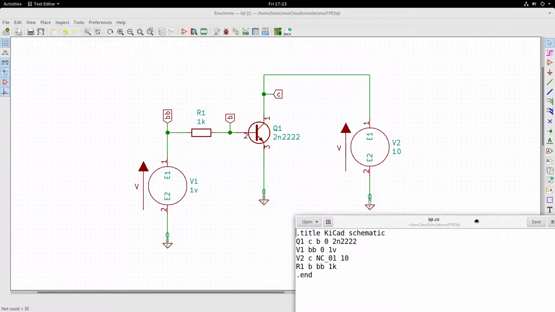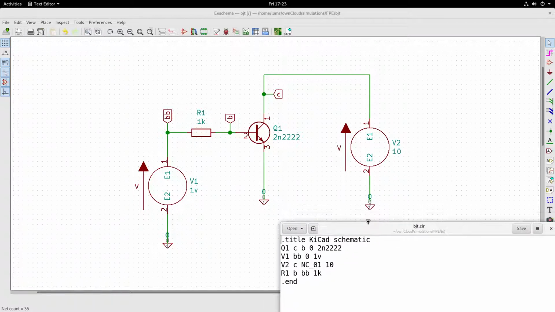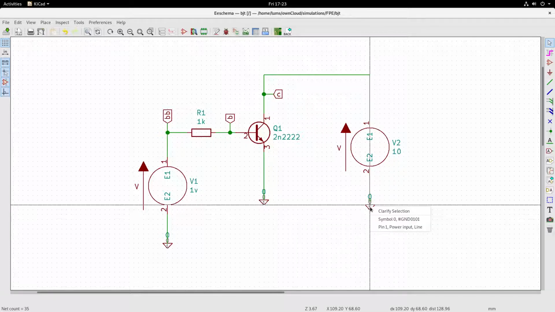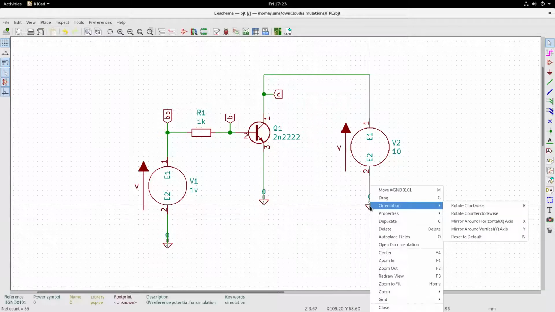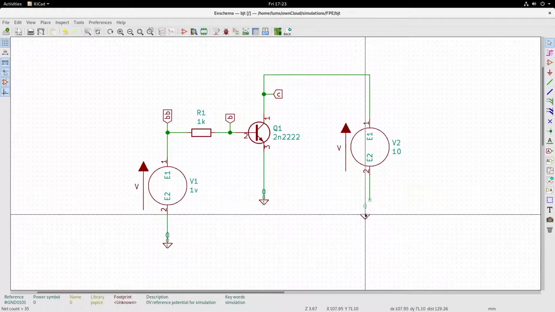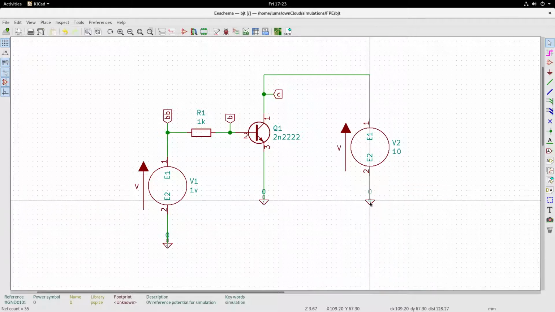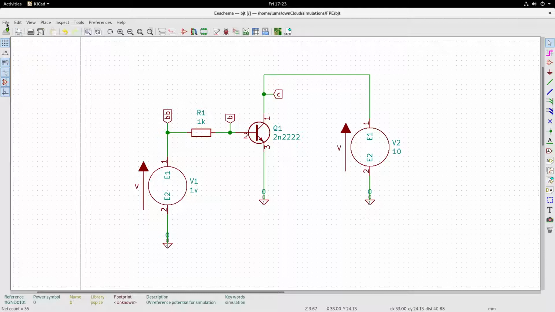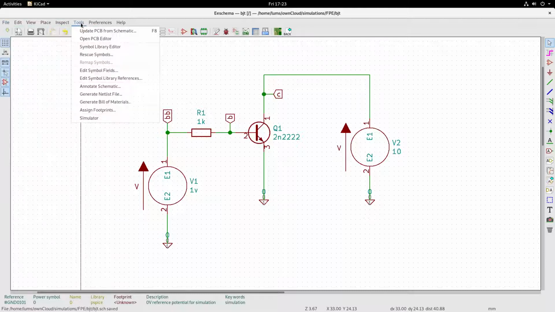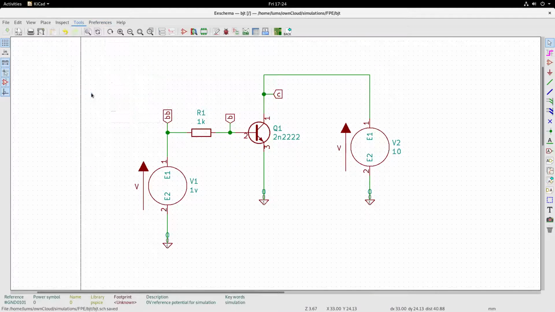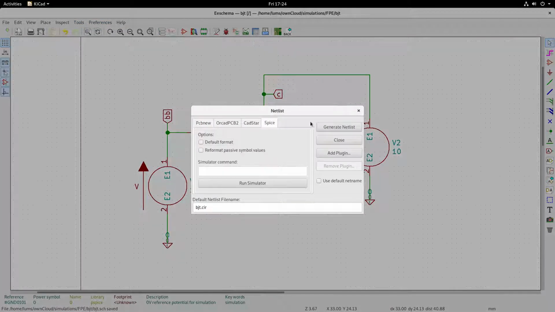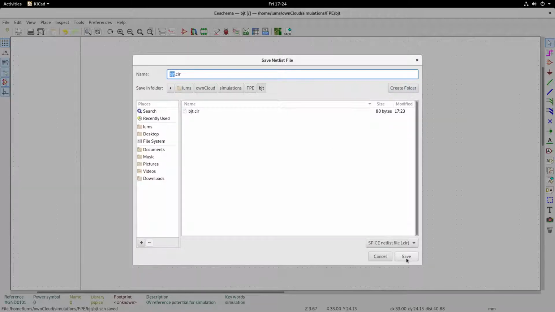So let us do the same thing for this also. Move. Let us save that and generate the netlist. Once again, Spice, generate netlist.